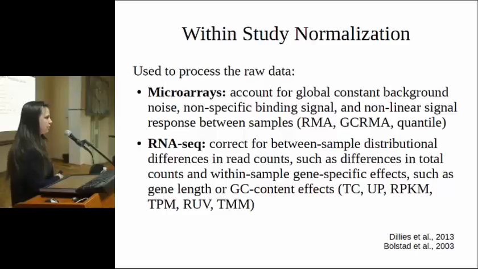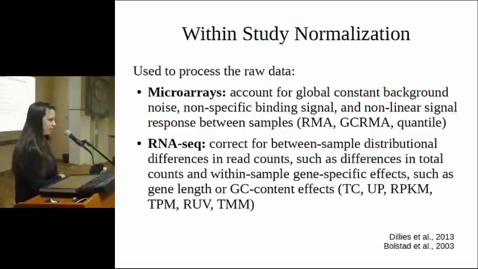So before we can integrate something, we need to be sure that we analyze the particular data set correctly. And for different types of data which came from different experiments, we will have to use different methods, different libraries for normalization, because